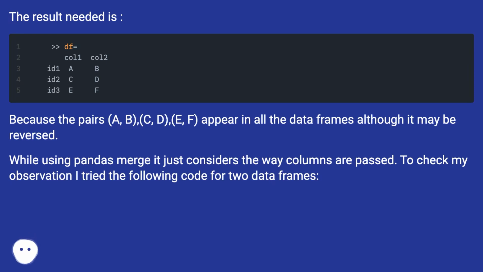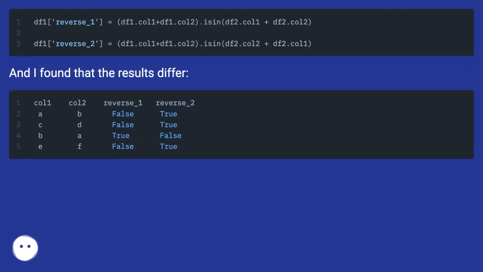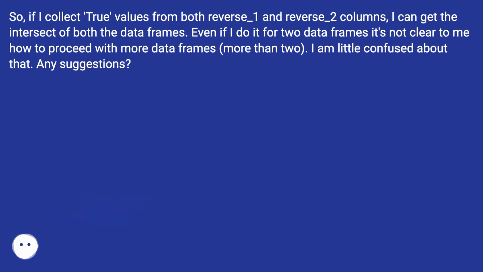While using Pandas merge, it just considers the way columns are passed. To check my observation, I tried the following code for 2 data frames. And I found that the results differ. So, if I collect truth values from both reverse_1 and reverse_2 columns, I can get the intersect of both the